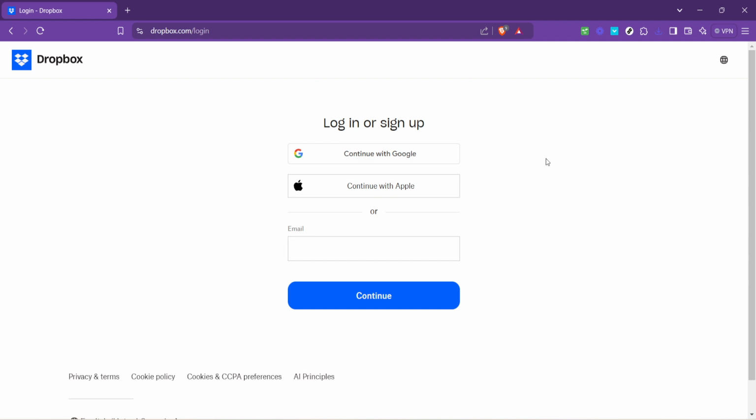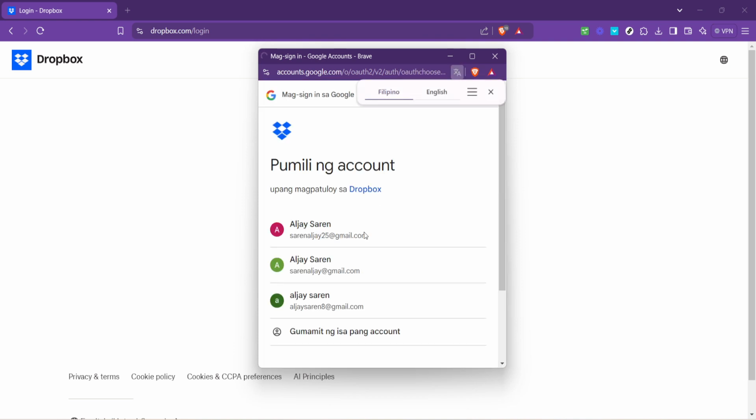After clicking on Login, you will be directed to a new page. Here, Dropbox offers you several options to access your account. Among these, one particularly convenient method stands out: Continue with Google. This option is a godsend for those who prefer not to remember multiple passwords or are looking for a quick way to dive into their files. It allows you to use your Google account as a key to open your Dropbox, seamlessly integrating different aspects of